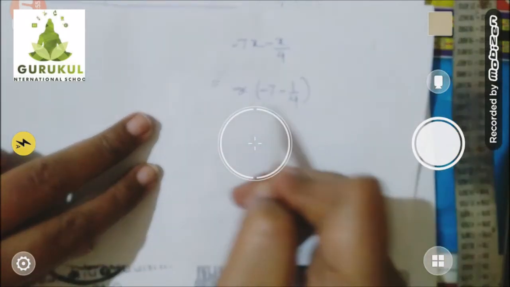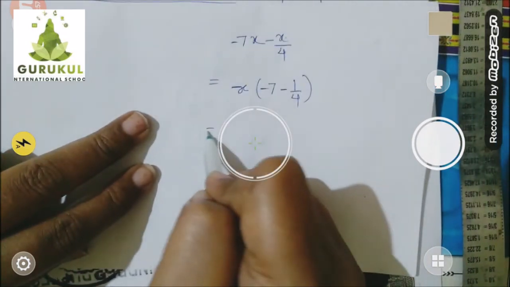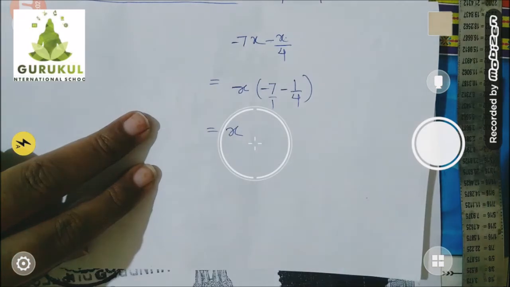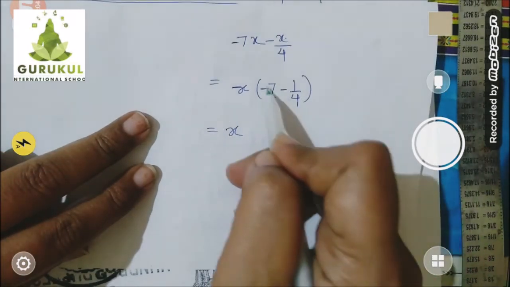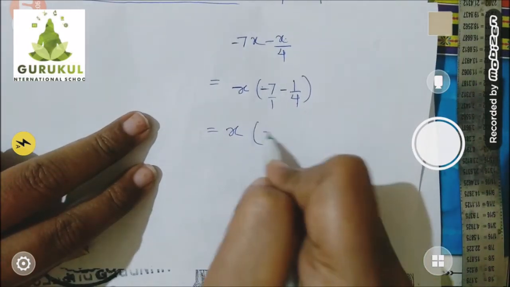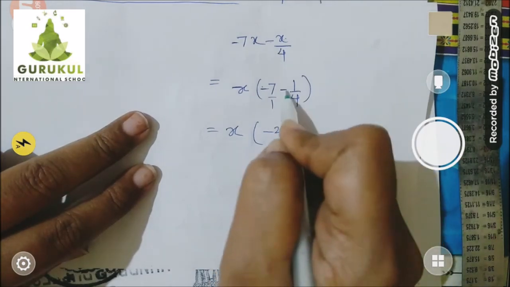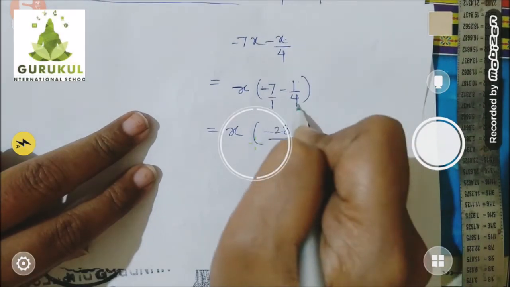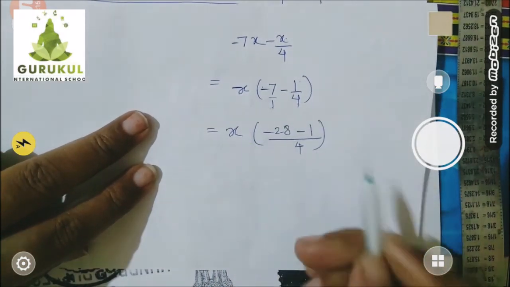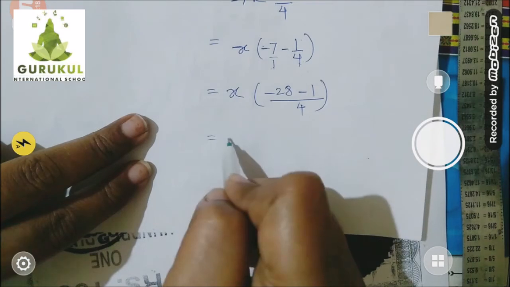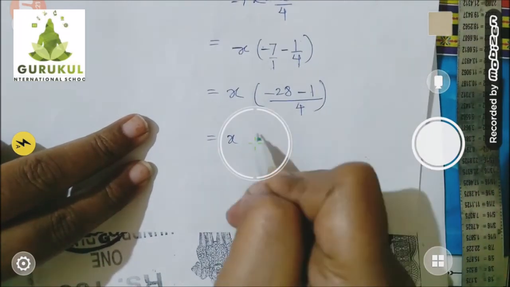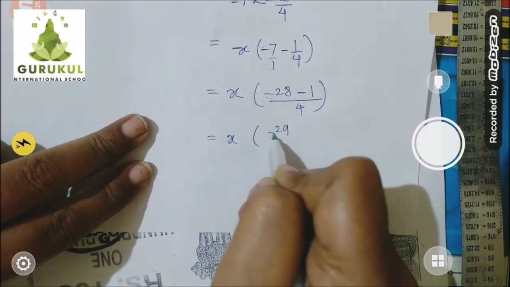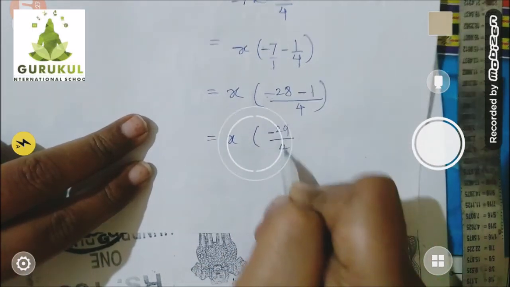Now let's solve this part, which is easy to do. Now x write down as it is. Now only 7 means upon 1. Everyone knows, so do the cross multiplication. Minus 7 into 4, minus 28. And here minus 1 ones are 1 upon denominator into denominator, 1 fours are 4. So finally what do we get? Minus 28 minus 1, same sign, add the numbers, so 29. Put the greater number's sign to the answer, so minus, upon 4.